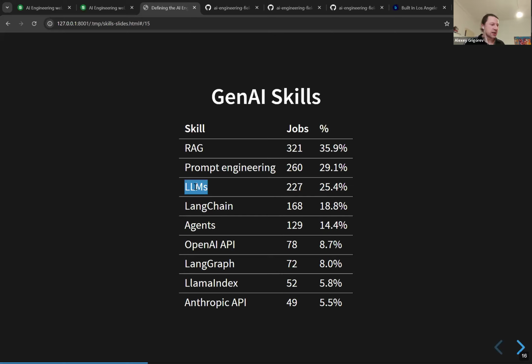By this, I think they mean you need to know how to communicate with OpenAI or Anthropic or something else. It doesn't necessarily mean that you need to know how LLMs work under the hood, although for some companies it may mean exactly that, right? So it really depends. These LLMs could be a bit overloaded. It's not really clear what it means.